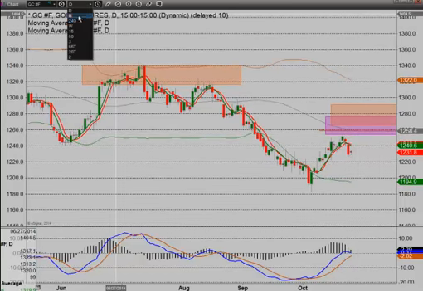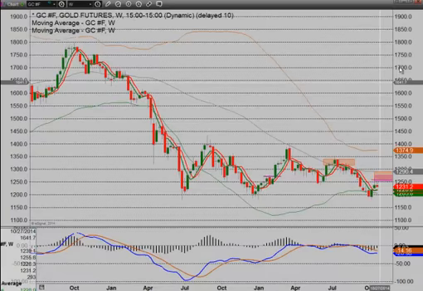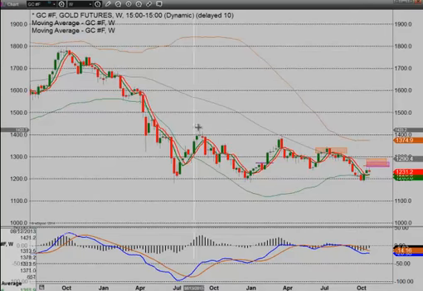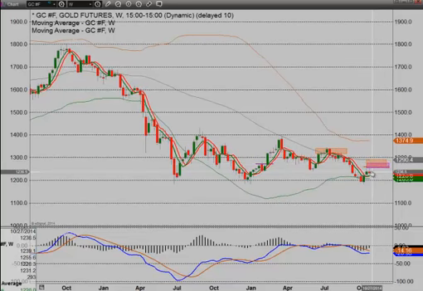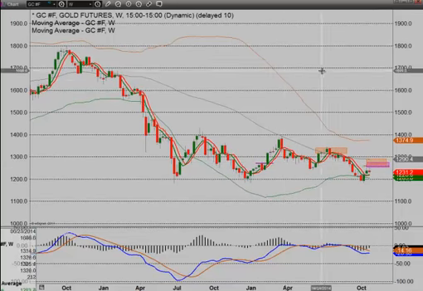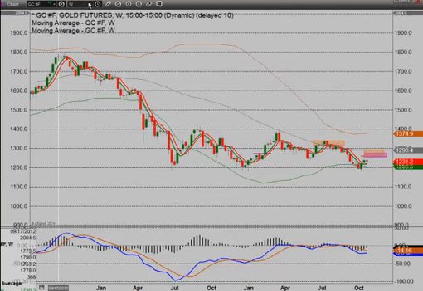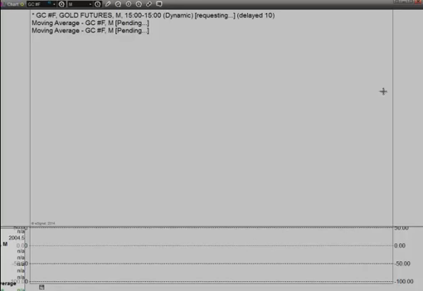We absolutely think that the pattern in the gold market here, you can see it on the weekly, is an accurate reflection of what's going on fundamentally in the world, in the market. It's just a pattern of lower highs, lower highs, lower highs. So we think this will just prove to be another lower high prior to the market breaking 1200. And here's another market where, boy, there's a lot of room below.